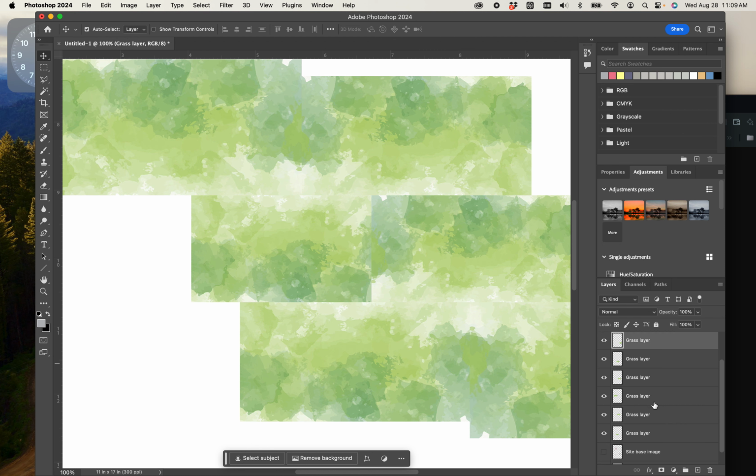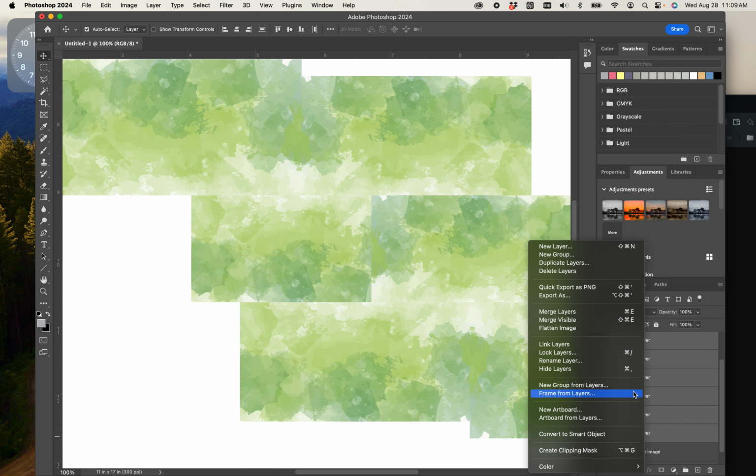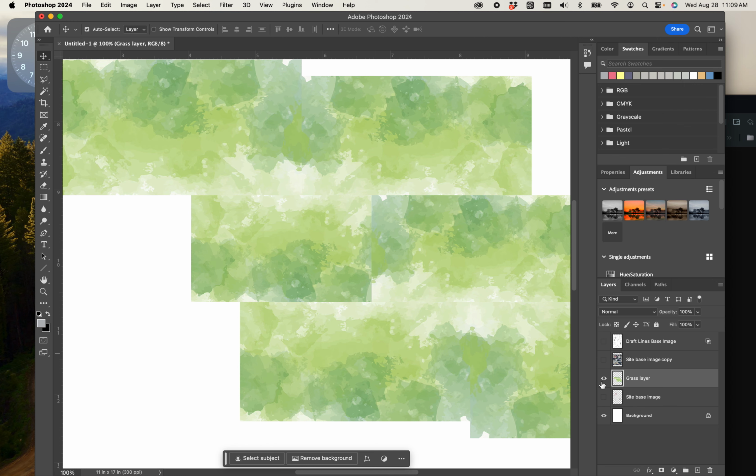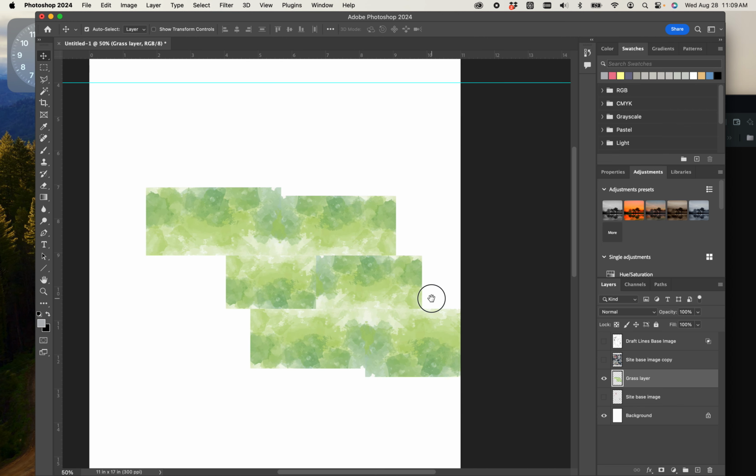I can make this all one layer. So I'm going to take all these grass layers, right click and flatten or merge those layers. So it's just going to make those layers become one piece, which is kind of nice, and I could further refine it and